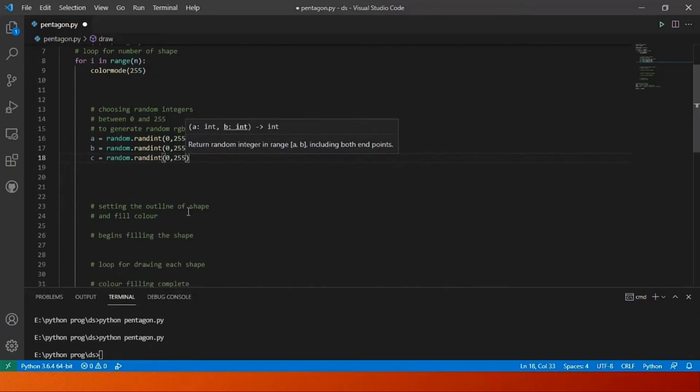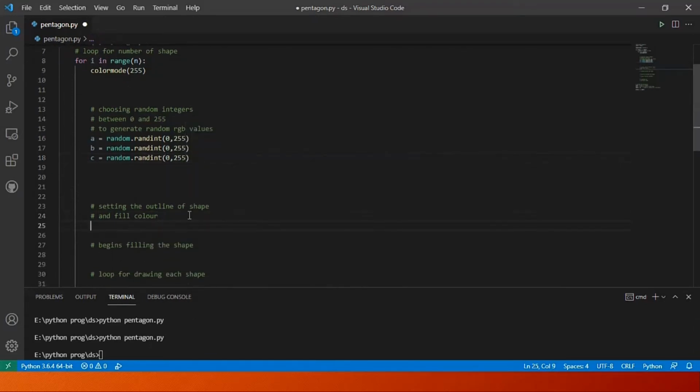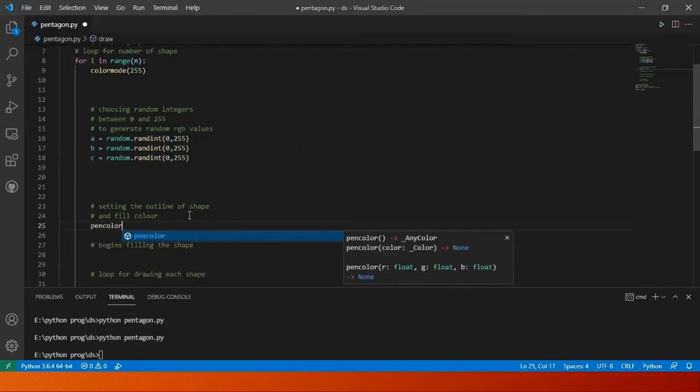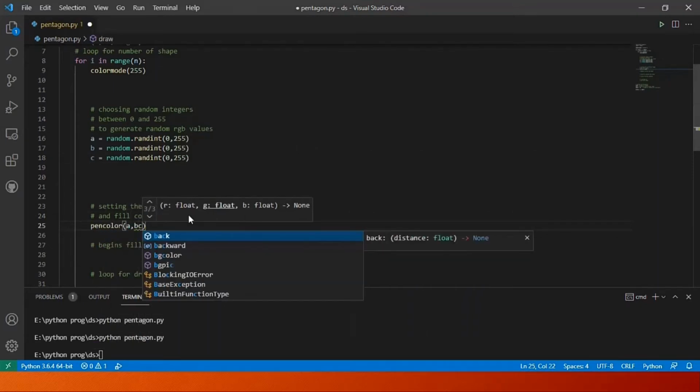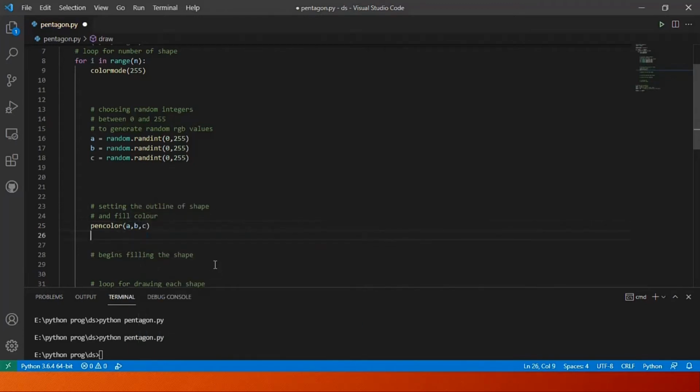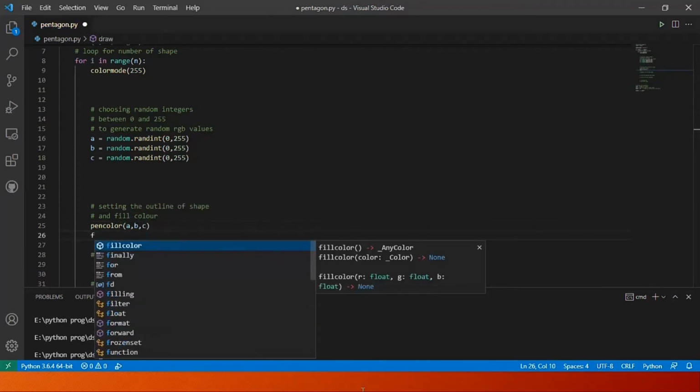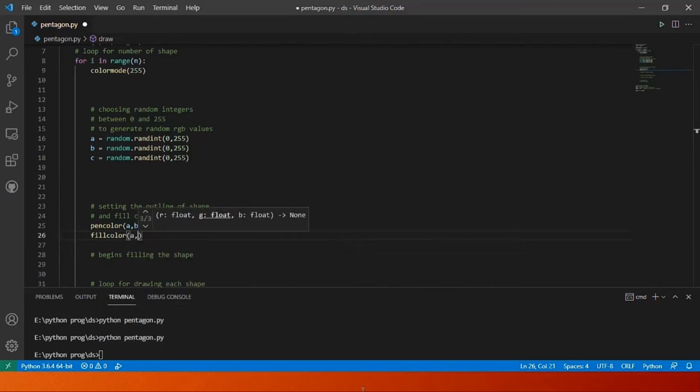After that we will set the outline of our shape using pen color function and fill the color using fill color function.